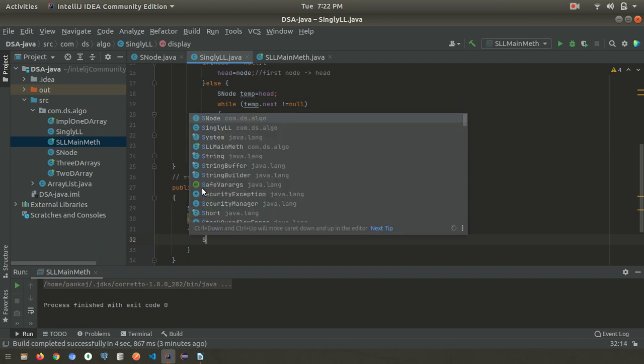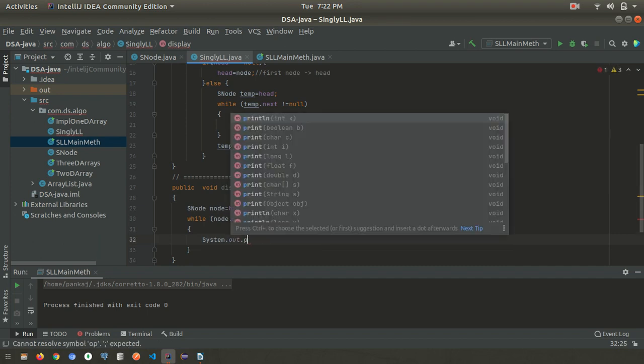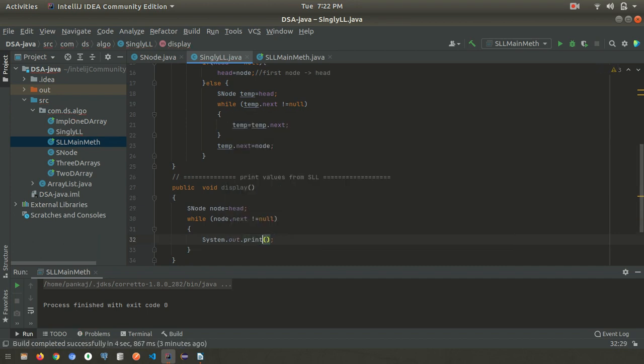So we can use System.out.print, and what we want to print is the values. So node is storing where head is pointing to, so node is having data, node.data, and we can give this symbol for the singly linked list like this.